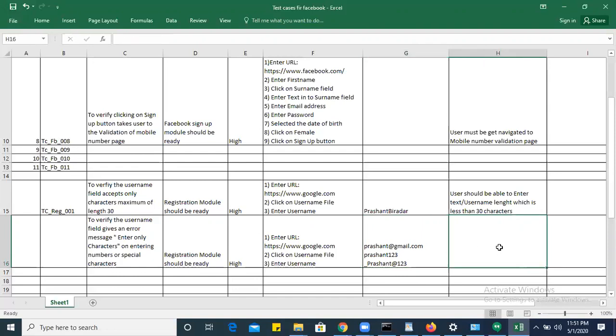So what should be the expected result here? User should get an error message that enter only characters message on entering numbers or special characters.